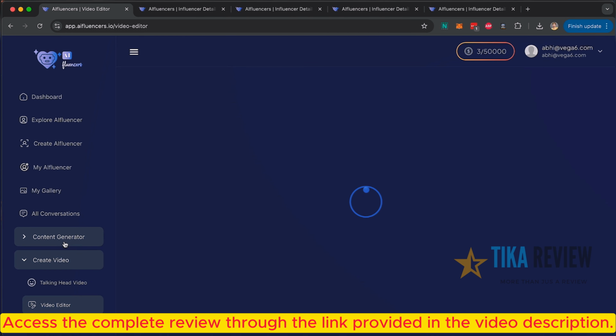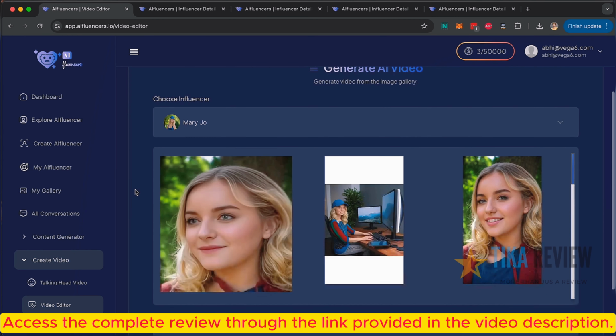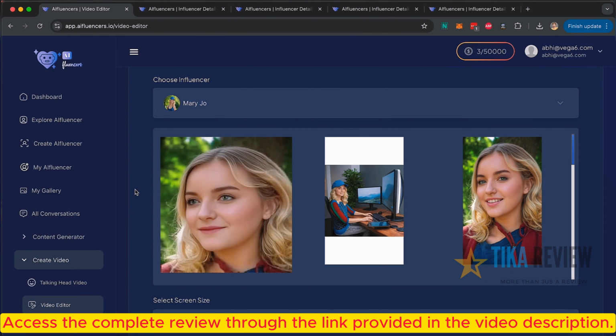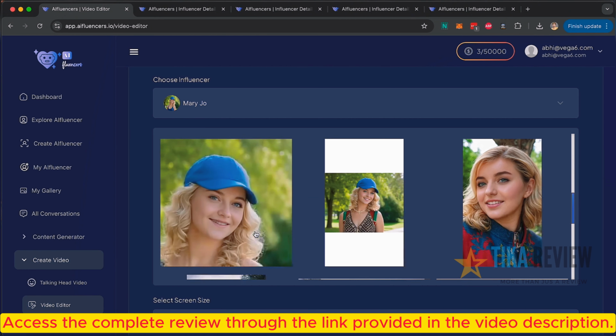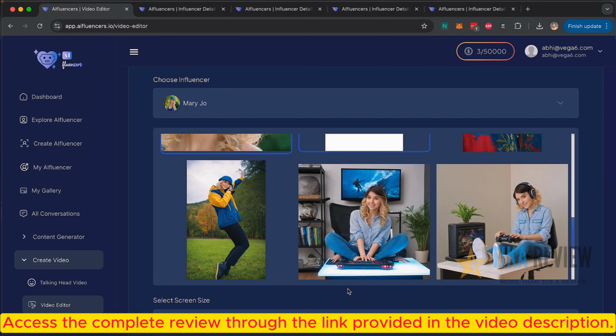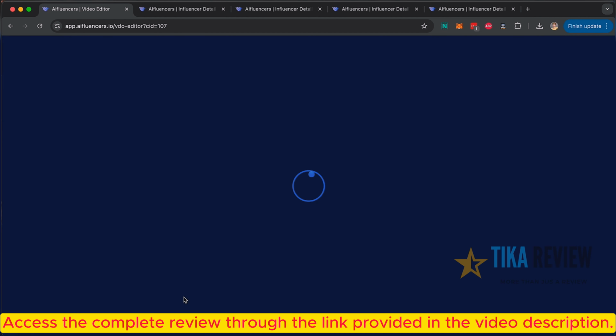Next up is an advanced video creator. What you can do is create presentation style video by mixing and merging lots of different images and different video clips. So you can pick all of these, and you can select all these images, and then if you want to create a 16:9 or 9:16, you can click on that and create a video,